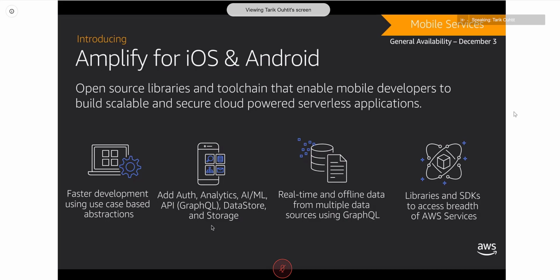Amplify also makes it easier to develop applications for web and mobile. And historically, before re:Invent last year, that was limited to kind of hybrid mobile apps with React Native. The feedback we had from customers was that while some customers were okay with that React Native hybrid app experience, other customers wanted a more native iOS and Android application approach. So what we've launched here is a bunch of SDKs and libraries that allow you to really easily include some really cool and advanced AWS functionality in your mobile application or web application. Things like authentication or storage.